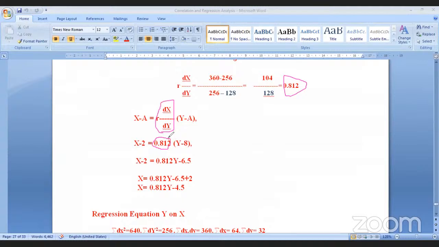So in the place of r into dx divided by dy, we take 0.812. X minus a is equal to 0.812 into y minus a. Okay. See, for the actual mean problem, we have taken x minus x bar. In the place of x bar, simply you need to take a only. A means assumed mean value. So instead of y bar, the value is 8. So finally you are going to get like this. The answer is